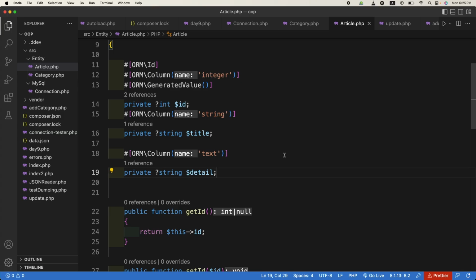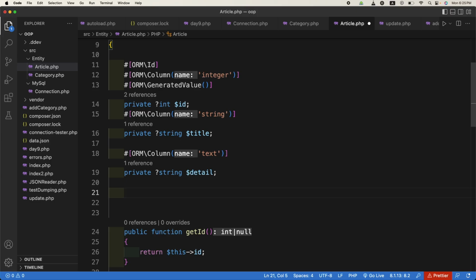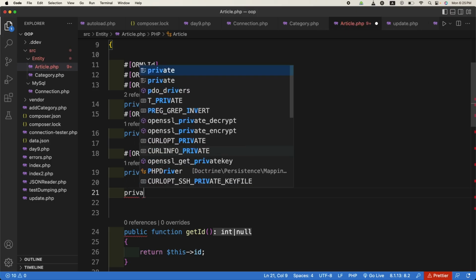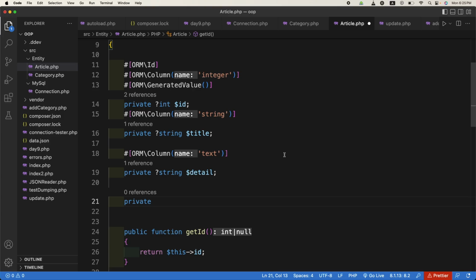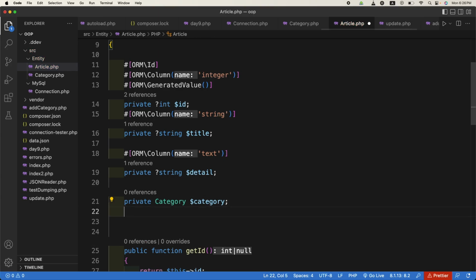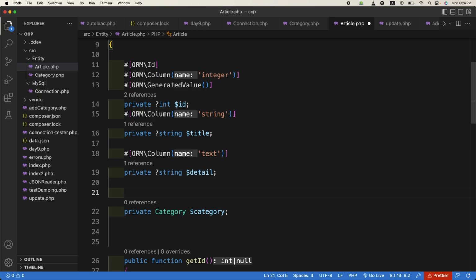So ORM, I will create one more variable or property and make it private too, and it will be named category of type what? Category, right? But above it should serve as the, this is a very important step, and then you can have any limited imagination of creating relationships in tables. Okay,